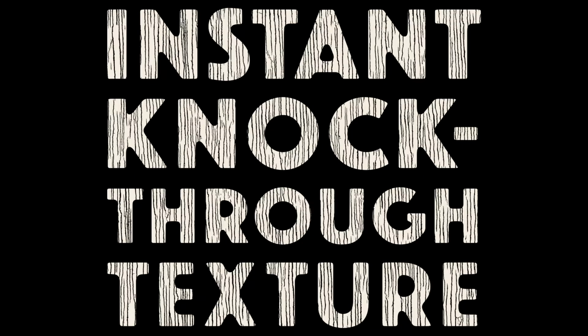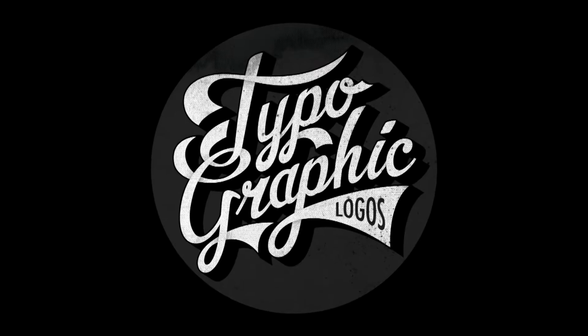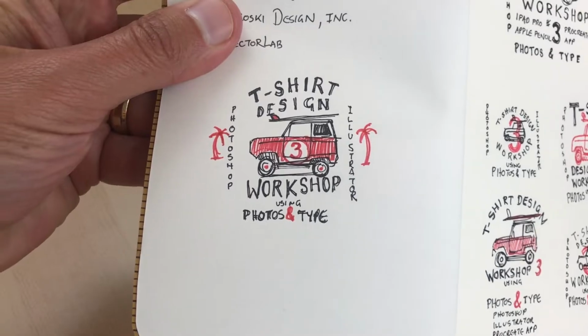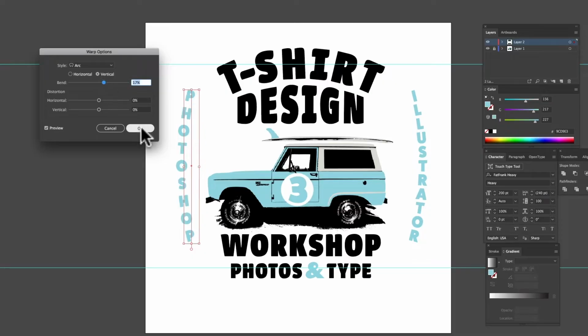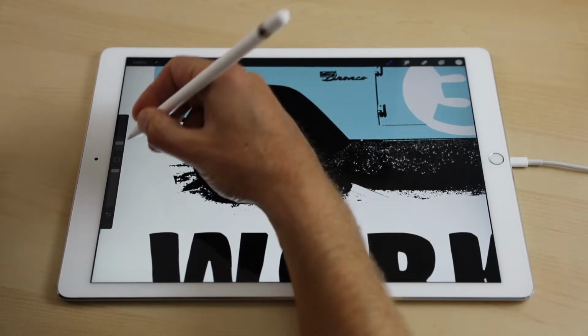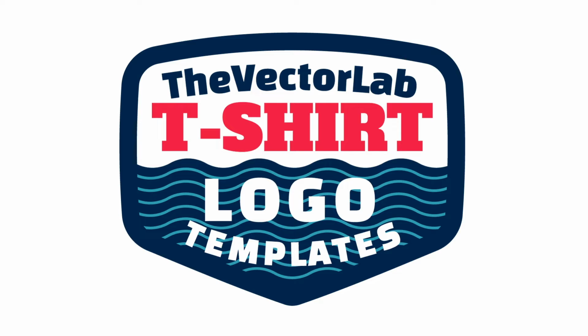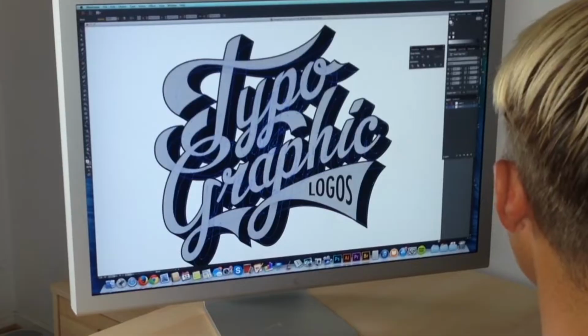designs in Photoshop. The next resources are my graphic design workshops called Typographic Logos and T-Shirt Design Workshop 3, where I show you how to design custom lettering and t-shirt graphics. All of these resources are part of a huge bundle of t-shirt mock-up templates, logo templates, textures, and online workshop